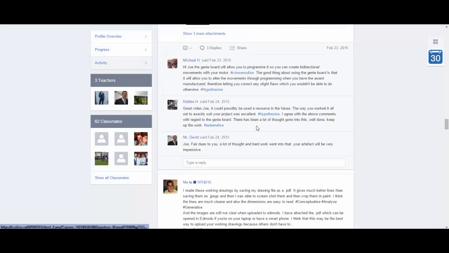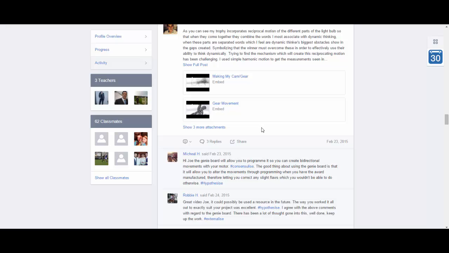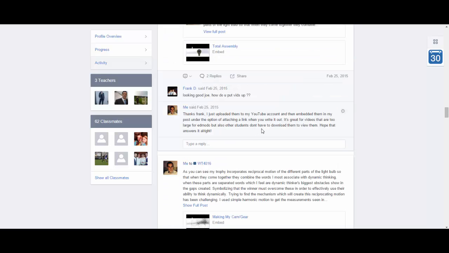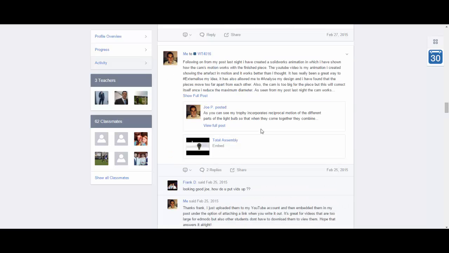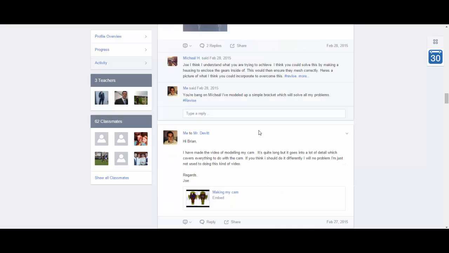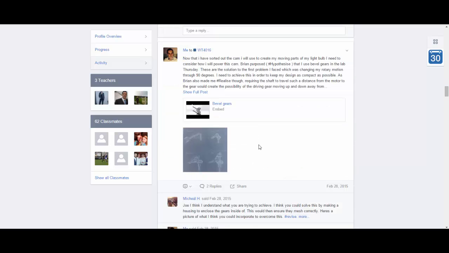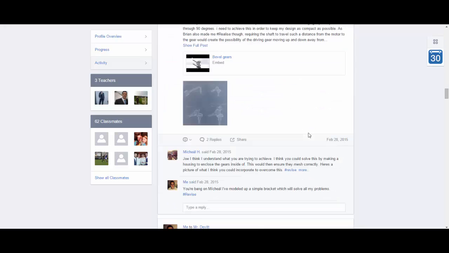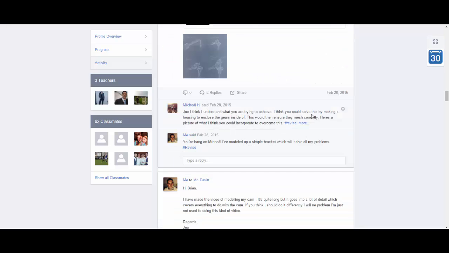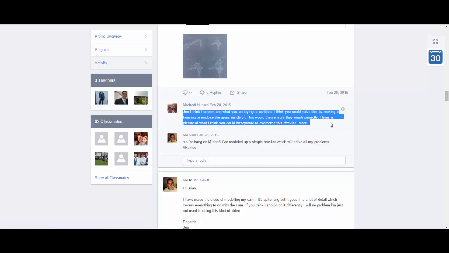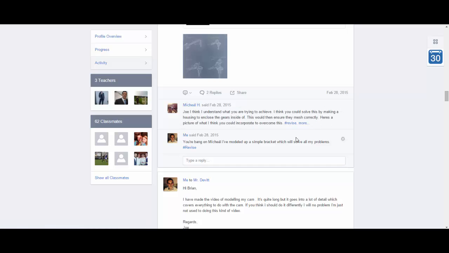I was able to get to my working drawings way earlier than I ever have before. It's the most efficient process I've ever taken part in, due to other lads in the course being able to tell me what they thought of a project, coming over, having an idea, saying, here, this is what I'm thinking, like making a housing for my bevel gears. This stuff wouldn't have come to me other than other lads in the class having feedback.